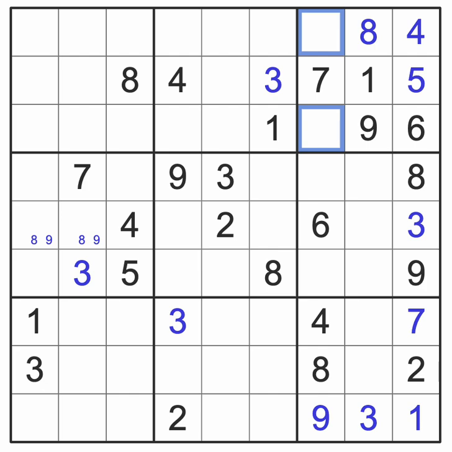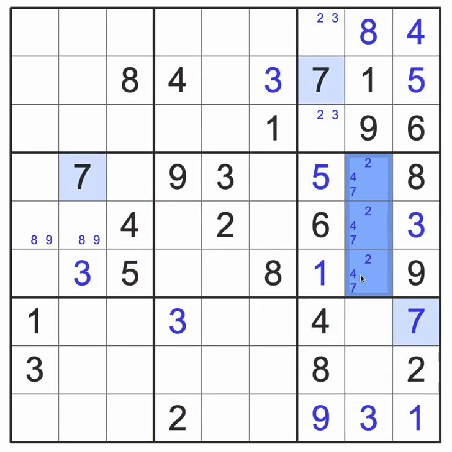And these are 2 and 3 double. That gives me 1 and 5 double. And this 5 blocks here, so this is 1, and this is 5. And these are 2, 4, 7, and here's 2 and 4, so this can only be 7. Okay,